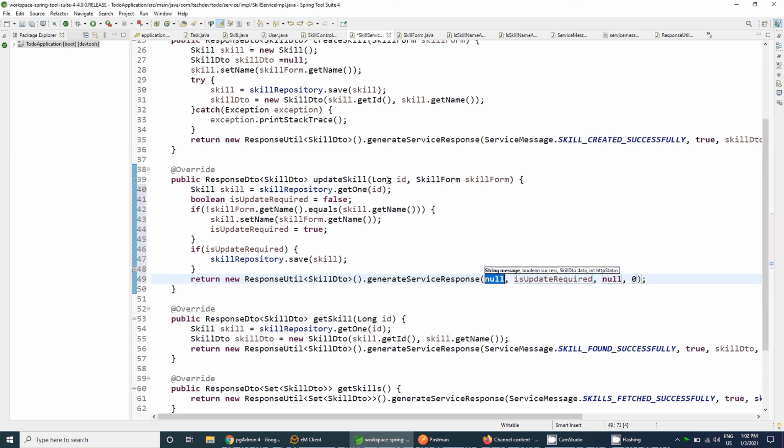And then after that, it will finally contain the last argument, the HTTP status.